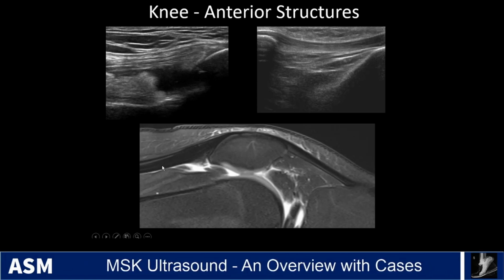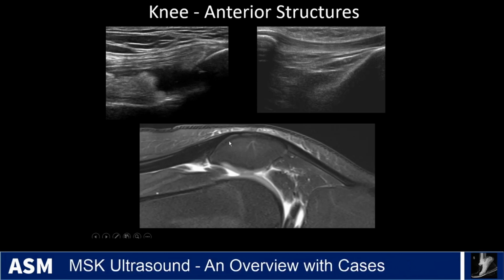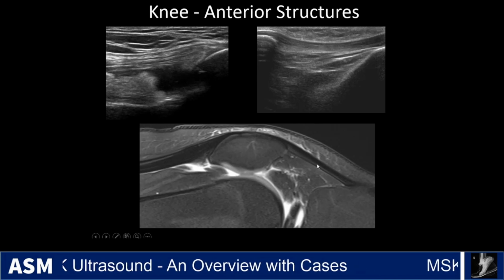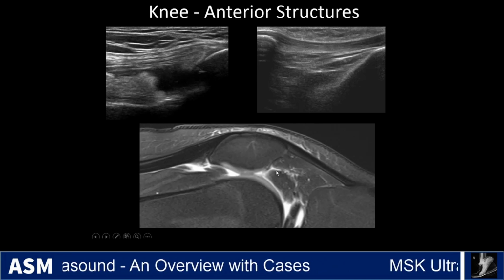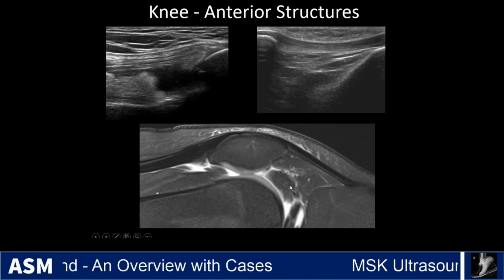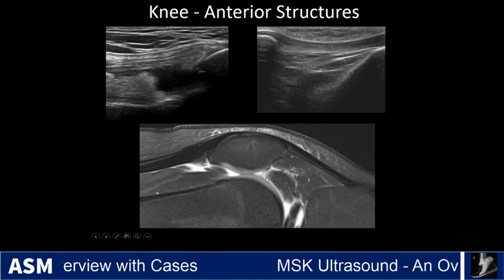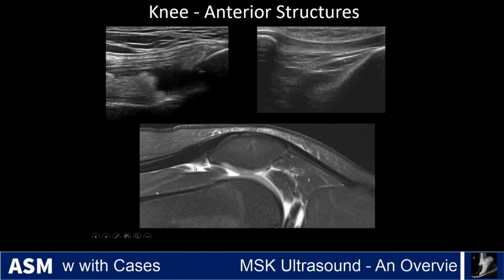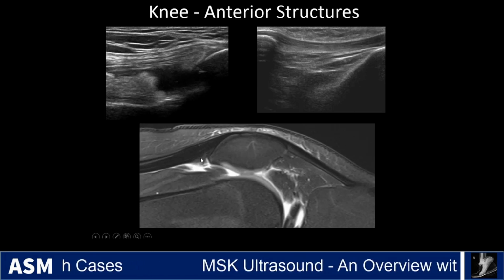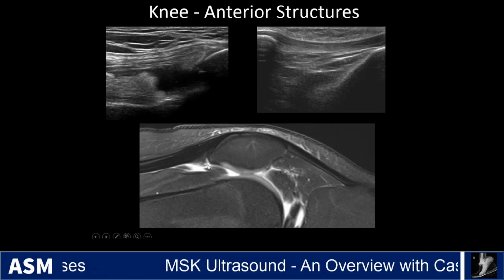You see the hypo-intense quadriceps tendon coming down toward the patella, and then the patellar tendon coming down to the tibial tubercle, Hoffa's fat pad or the infrapatellar fat pad here, trochlear cartilage, patellar cartilage, and you can see the joint fluid coming up underneath the patella and into the suprapatellar bursa, the quadriceps or suprapatellar fat pad here,